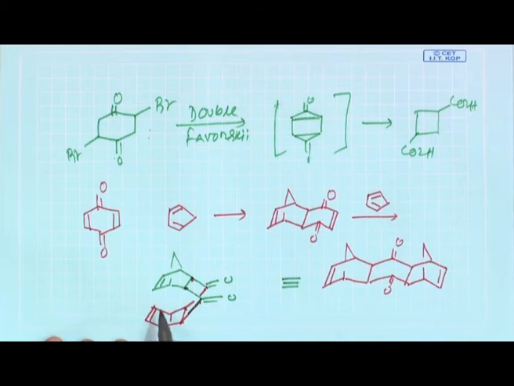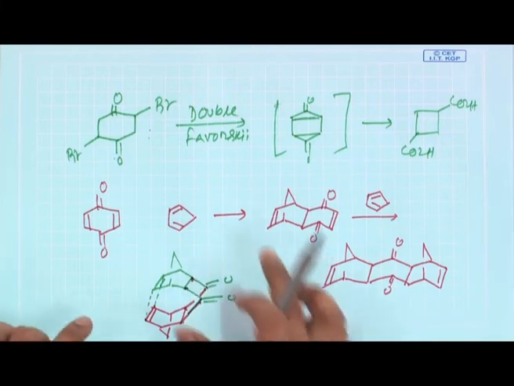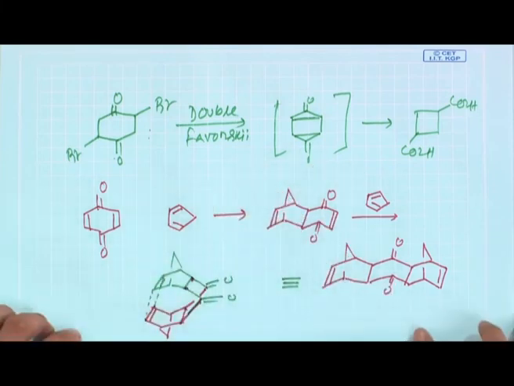Now, if you see, we are almost there. So, now if you do the 2+2 cycloaddition reaction, it gives here, it gives here. Okay. And then here you introduce the bromine this way and this way, you do the double Favorsky, and you can get the molecule named Garudane. So, Garudane is probably one of the nicest demonstrations of synthesizing a symmetrical molecule.